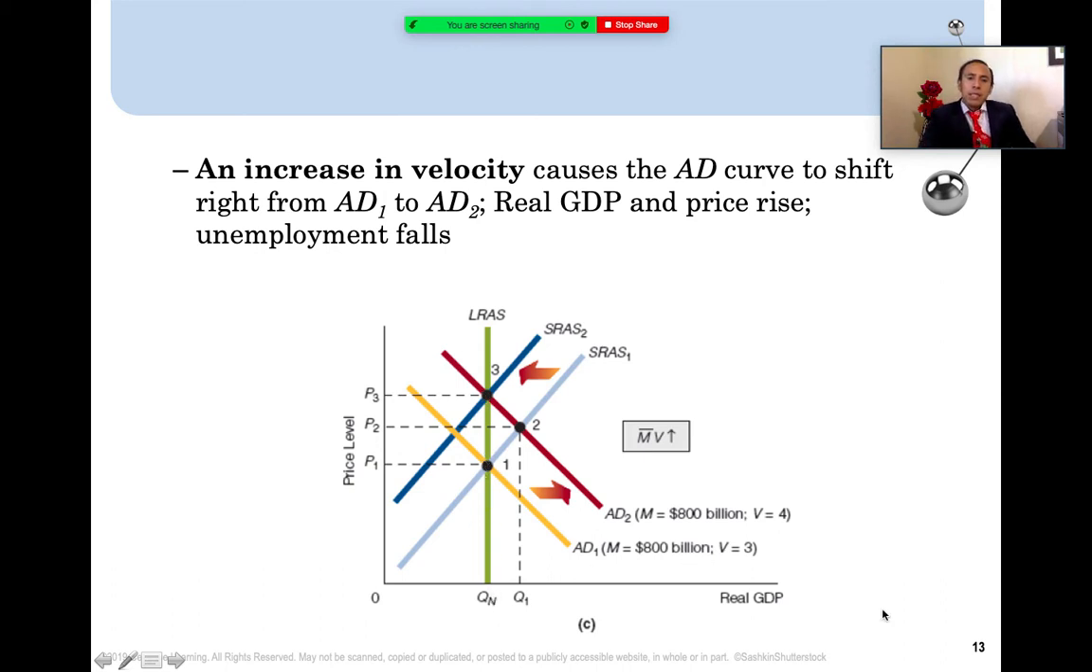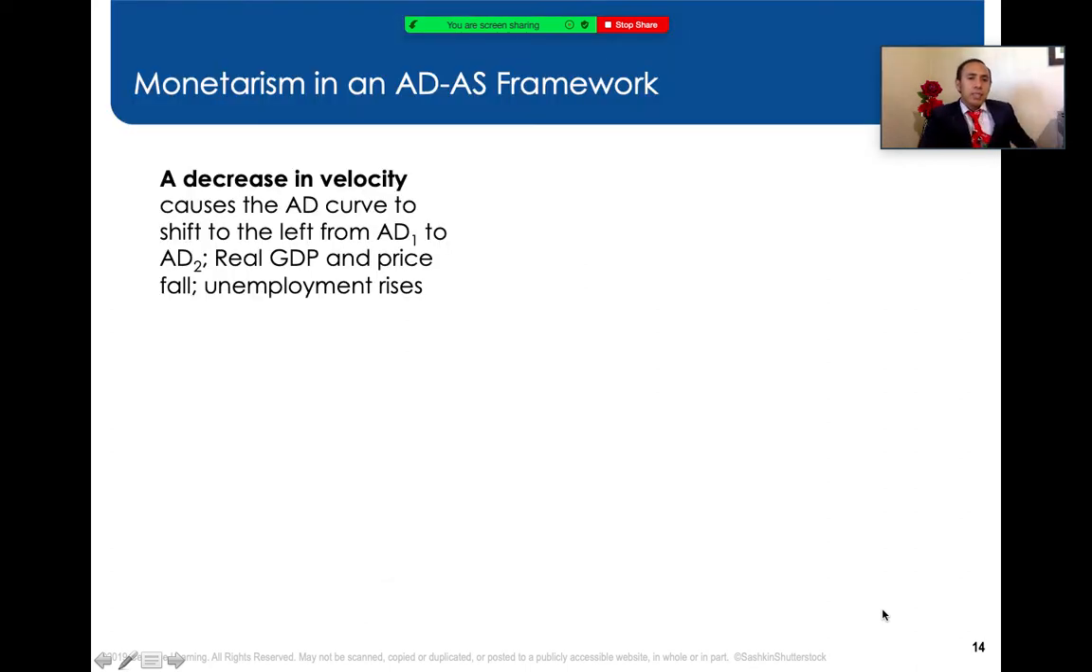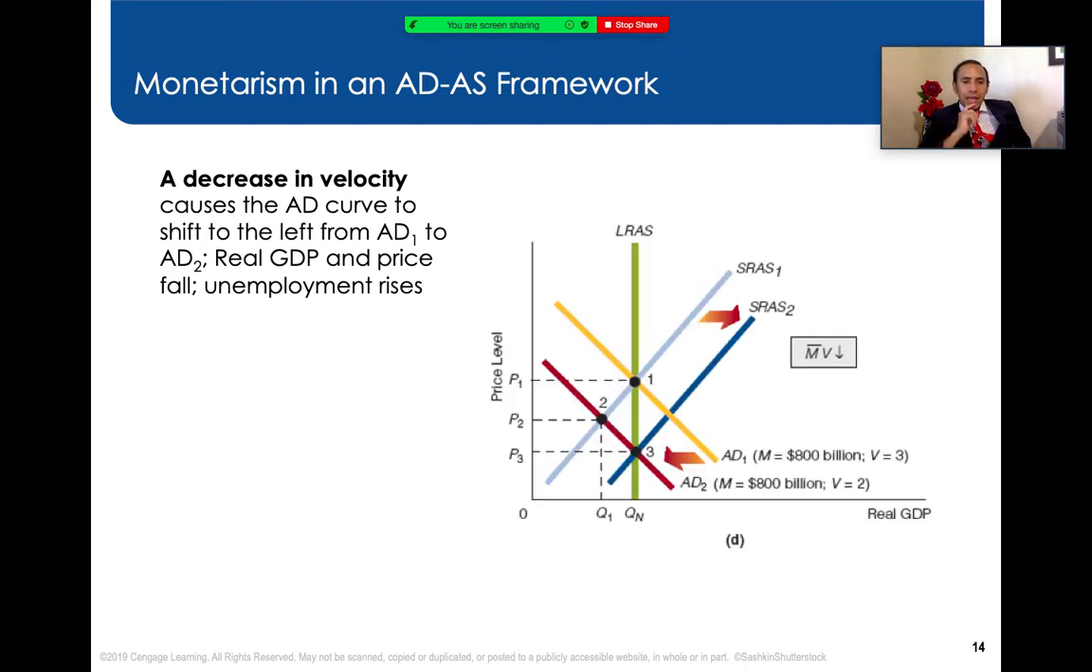If velocity declines, a decrease in the velocity is going to lead to a decrease in aggregate demand, and if aggregate demand declines, real GDP declines, and the price level declines, and when there's less GDP, less output, less demand, unemployment increases, as indicated by the model here. Given a decline in velocity, the velocity here is the one that's going to be changed. Aggregate demand, AD1, declines